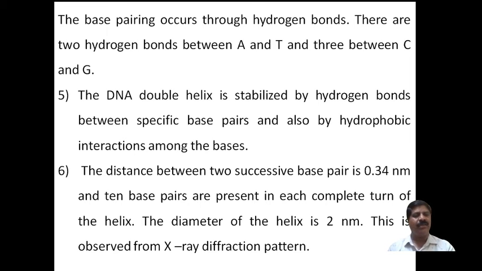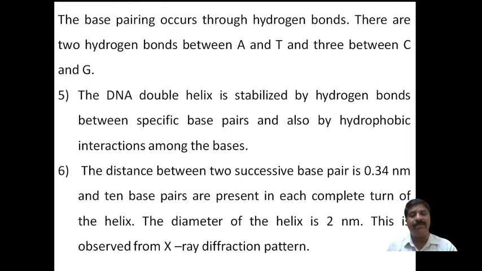X-ray is studied at the nanometer scale, so it matches the inter-base-pair distance and the double helical distance. By using the X-ray diffraction pattern we come to know that the distance between successive base pairs is 0.34 nanometer,